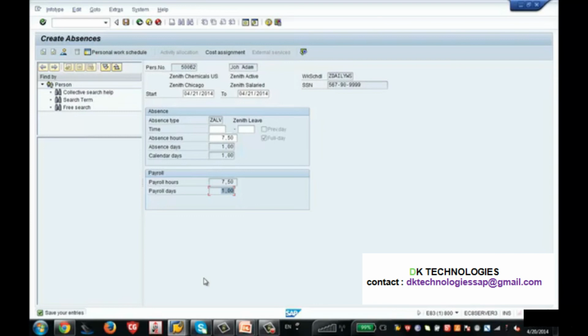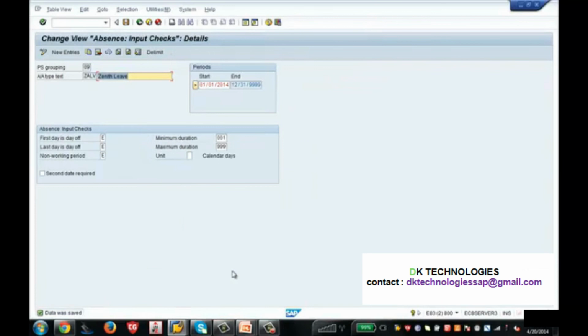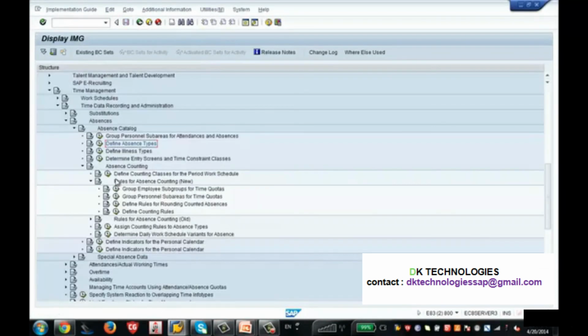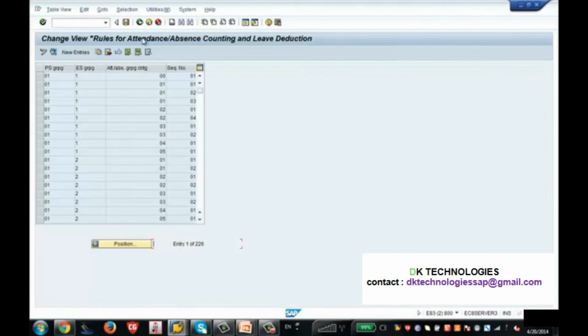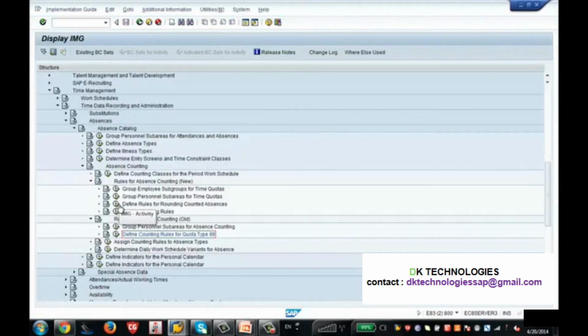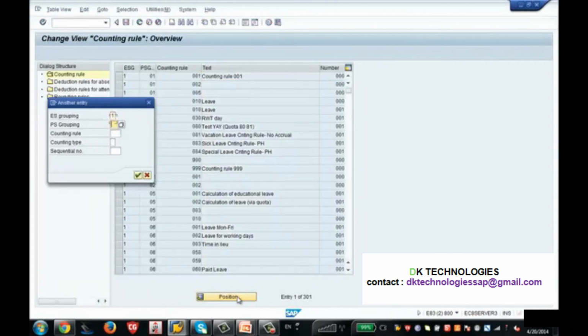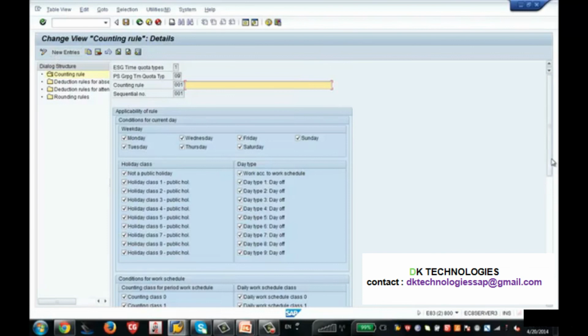This is how you basically create the absence type. Okay, I hope you understood. And you can also play around with the other configuration I told you about. If I go to the counting rules here and go to my counting rule, which is basically this one, you can play around normally.